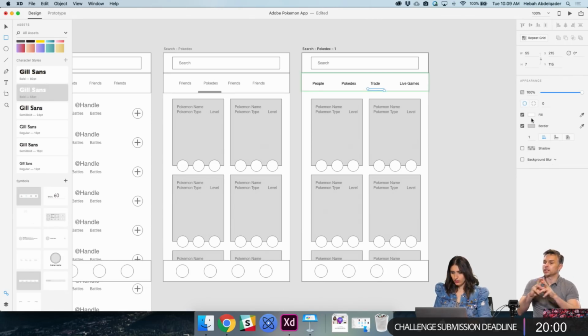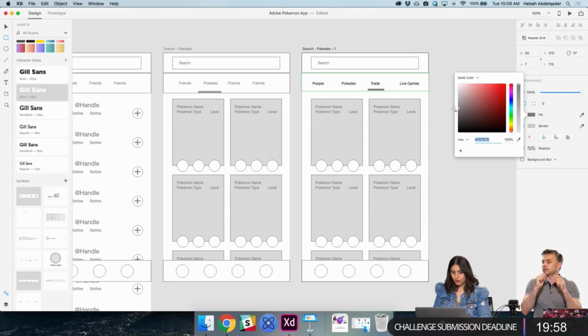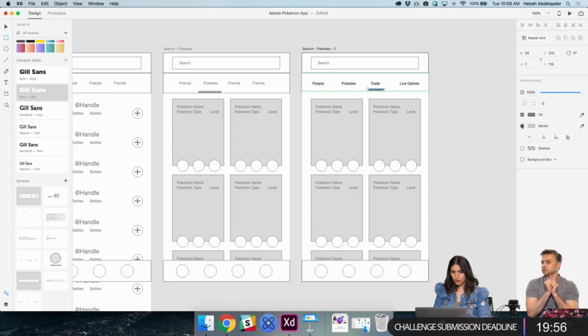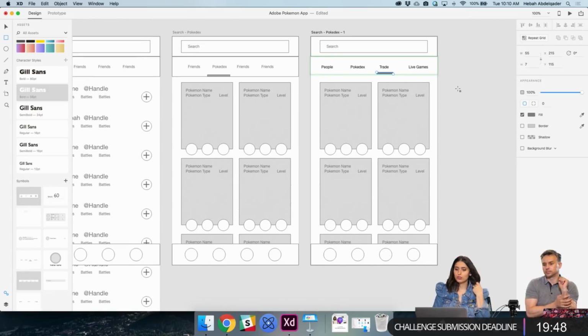Since you're trying to just highlight the trade section, maybe that's not part of the symbol. I don't know if it is or not. So that's okay. That's something I was trying to figure out while working on this, because eventually in my menu, I'm going to have a symbol with the home highlighted, the search highlighted. Do I need to have 4 different symbols for those, or can I have one symbol and then have an override? Maybe that's something in the future.